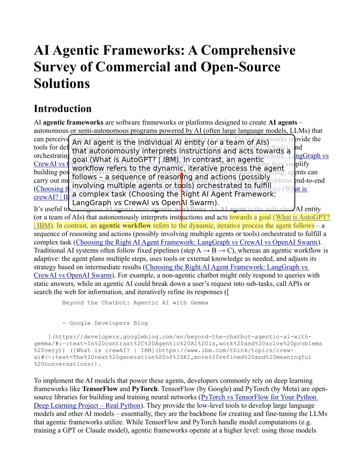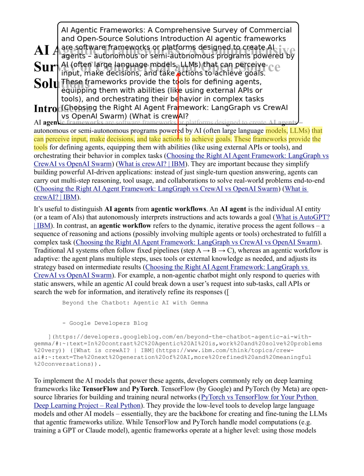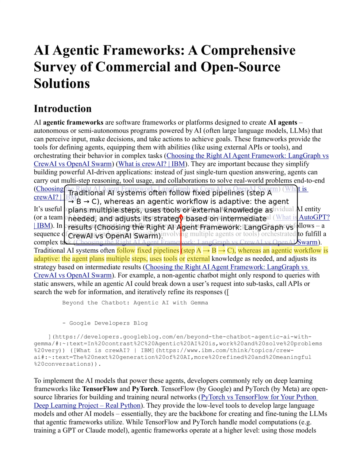So let's start with the basics. What is an AI agent and how is that different from an agentic workflow? An AI agent is the entity itself, the intelligent system that makes decisions and takes actions. You can think of it like a highly capable virtual assistant. Now, the agentic workflow is the process that the agent follows. So, it's the sequence of steps and decisions and actions that it takes to accomplish a goal.